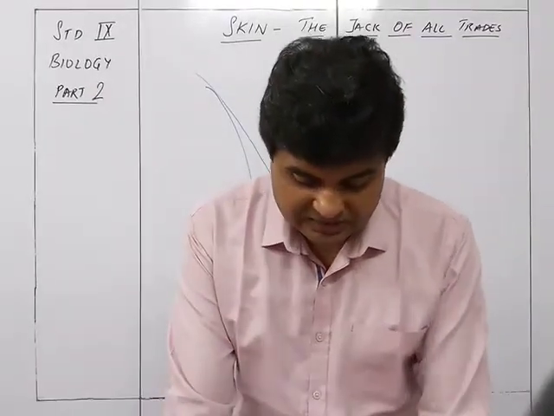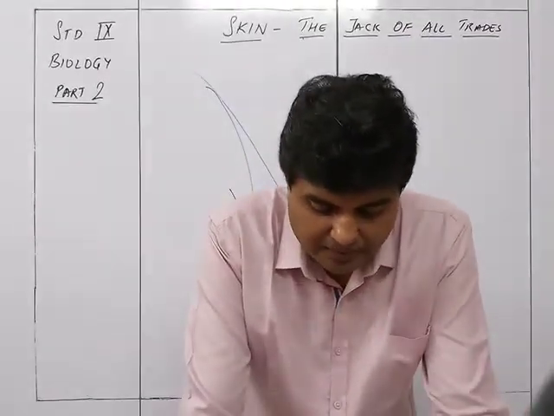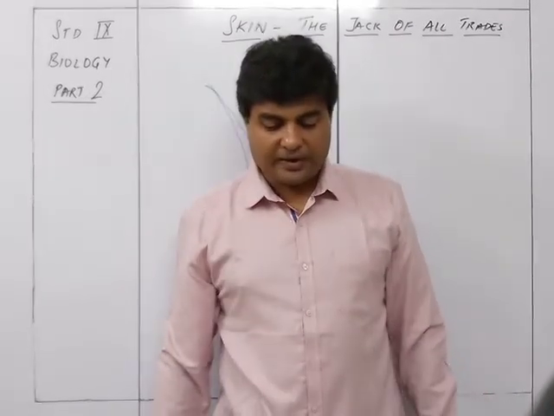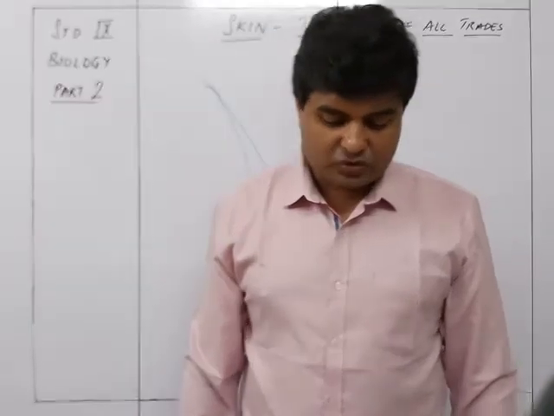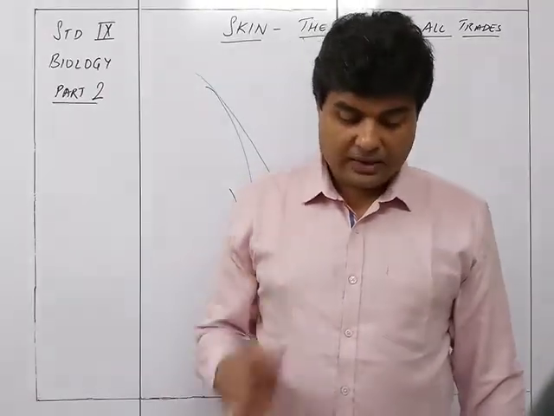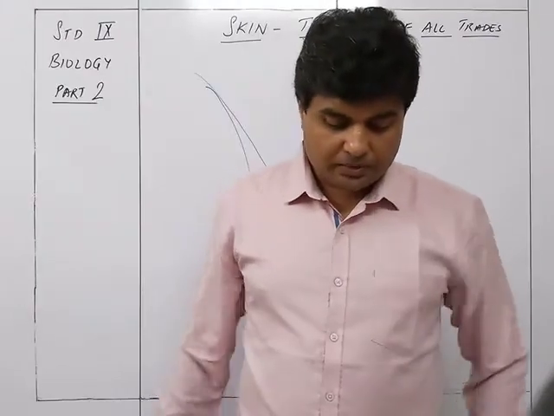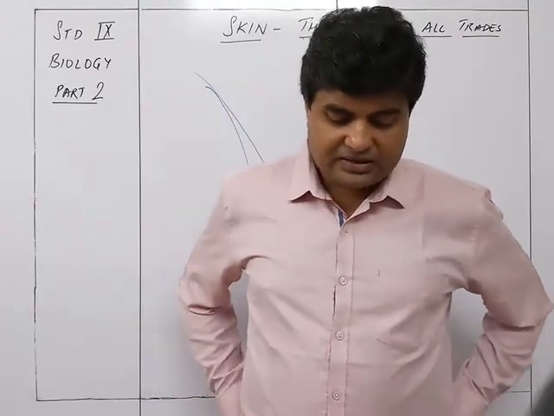Meibomian glands are modified sebaceous glands which open up in the margins of the eyelids. Their secretion is oily and serves to lubricate the margins of the eyelid and to prevent the overflow of the tears. So there is one more kind of gland which is called a meibomian gland, and the next is